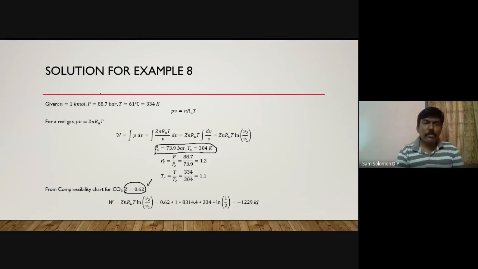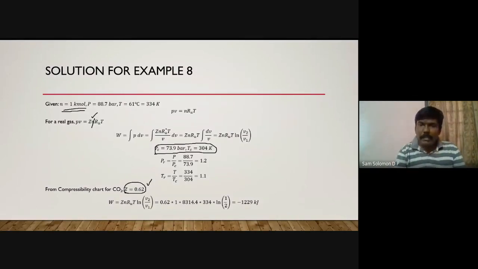Because they have given it as 1 mole, this is not a big issue because it is P small v. It is only 1 kilomole, right? So you need not introduce this n. It is simply 1. So if we are using n, no problem, it is correct. This will be in kilomole. This will be in joule per kilomole Kelvin.